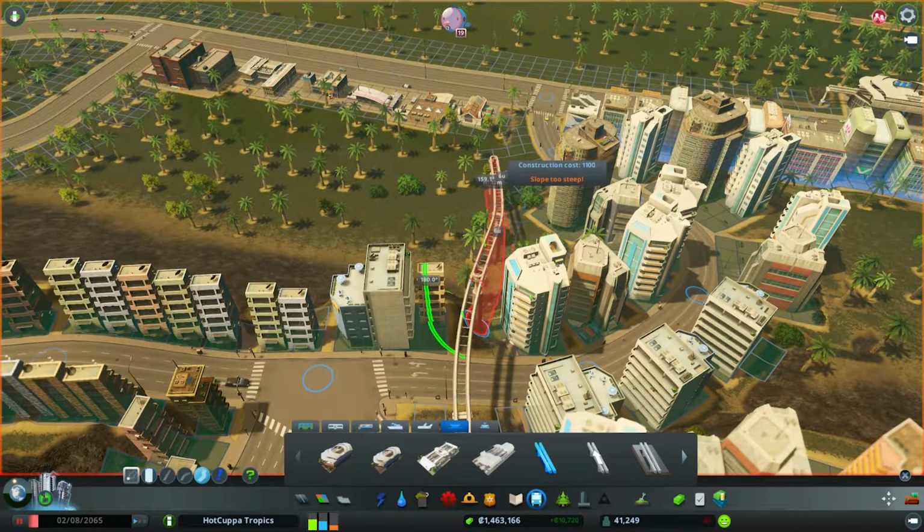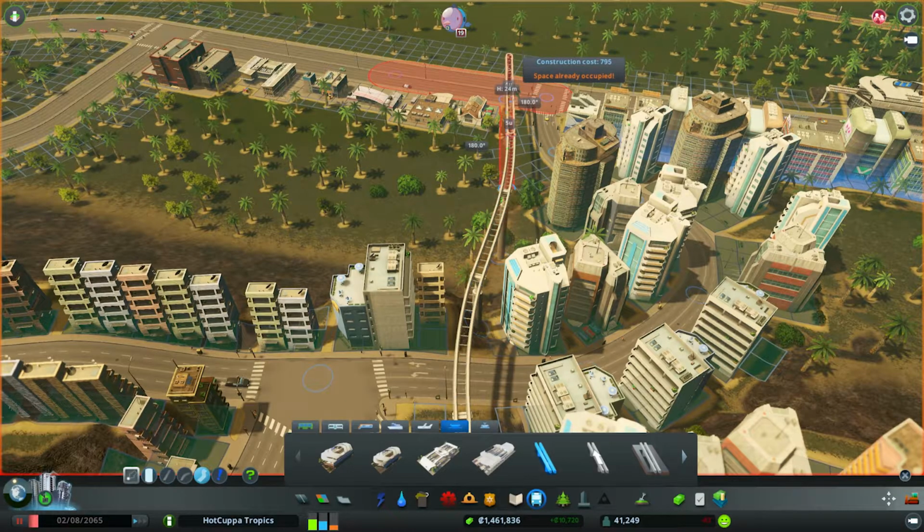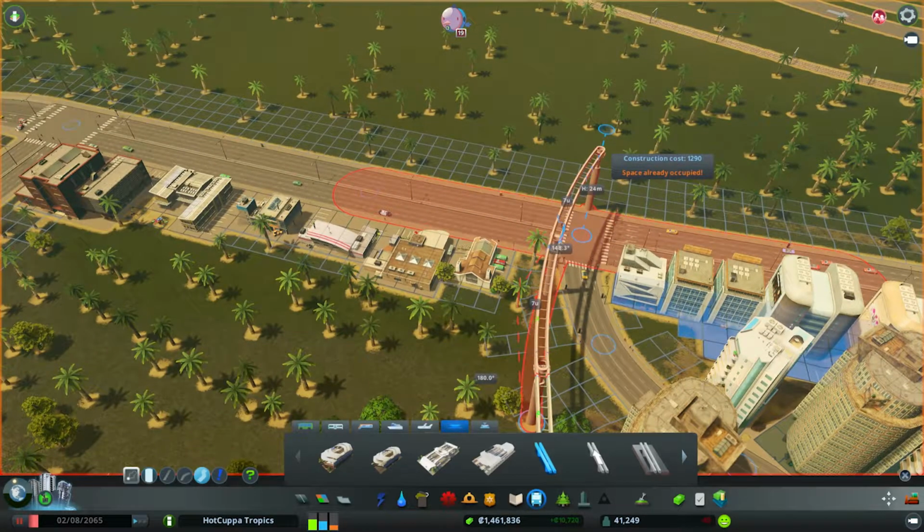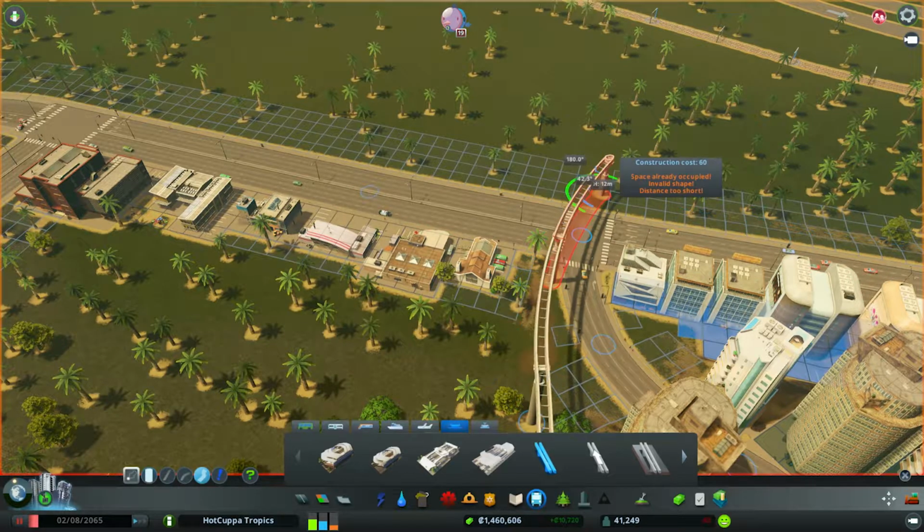Then we can start bringing it down. And it can't be too steep, so we need to go down gradually. There we go. Oh, this is going to look amazing. This is going to look so good. Jesus Christ. I love monorails. Okay,